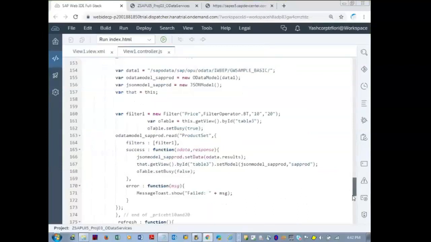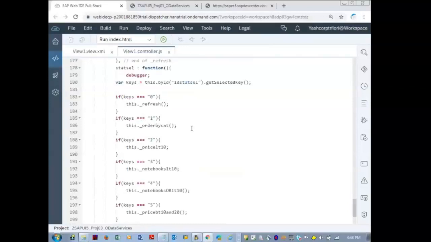Any doubts still here? So inside the static select with the keys, I try to get the key which is selected by the end user, and I'm trying to operate on it.